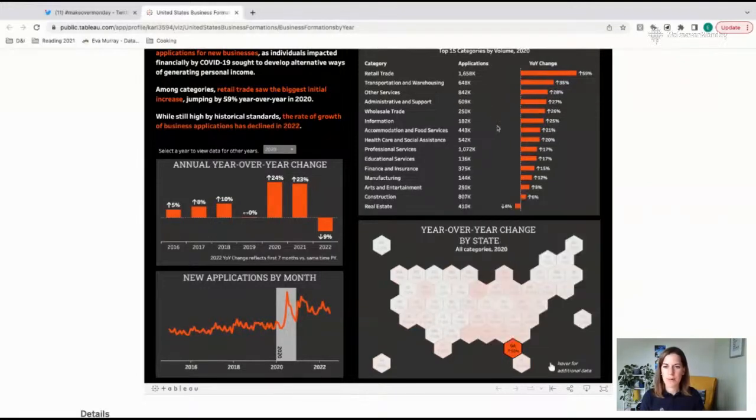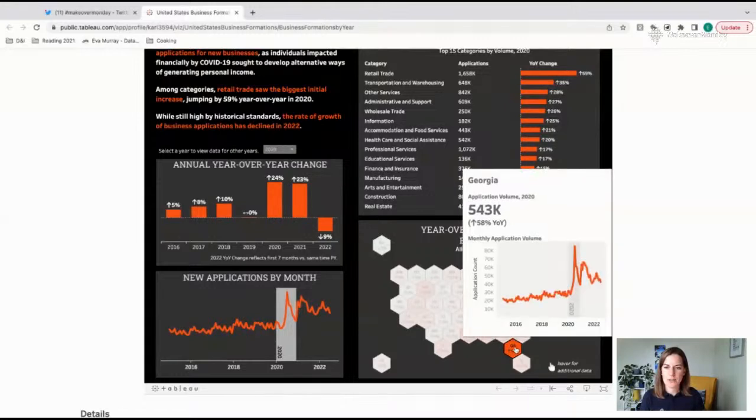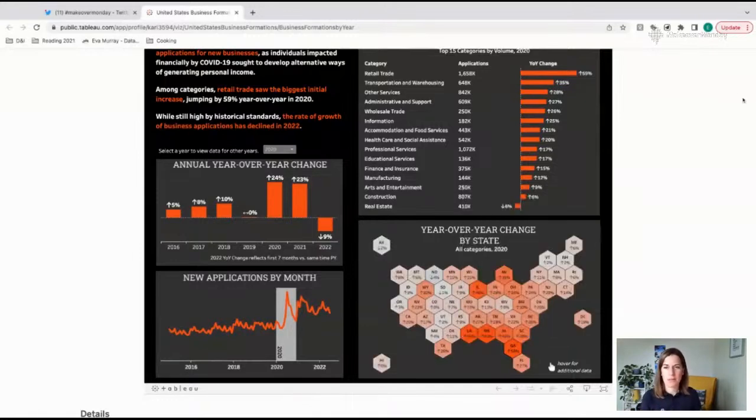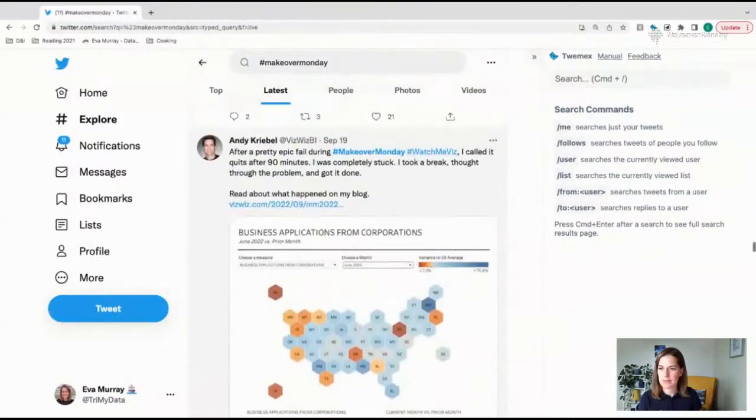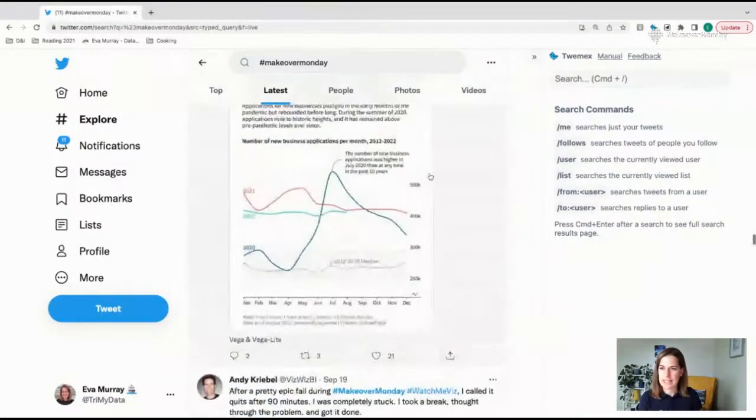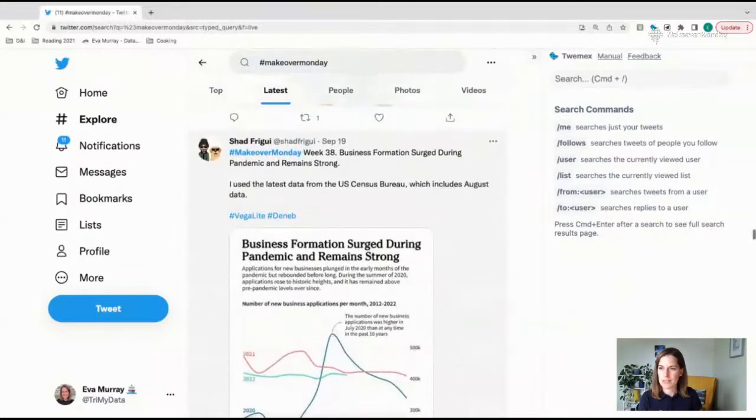I would love to see what the industries are like in Georgia and what the year-over-year change is, because you see the monthly application volume. That's basically the same chart as the bottom left, but then you don't need that chart in the tooltip. You can keep the tooltip nice and small and just update the rest of the dashboard. That could be an idea. Okay, let's continue. We're not going to cover Andes, but we've seen similar things.